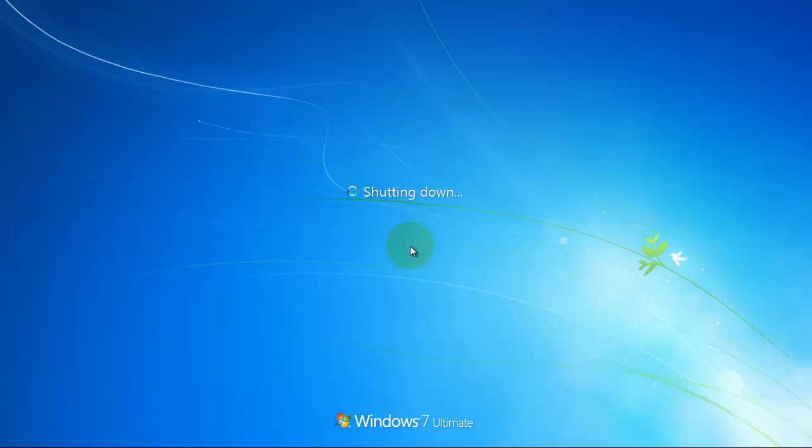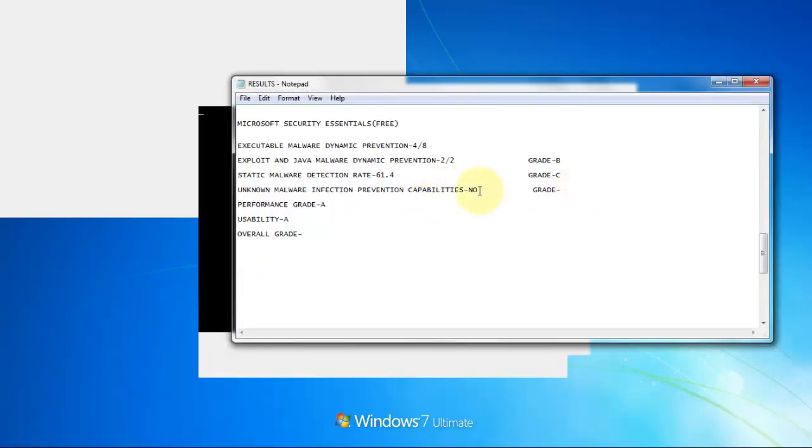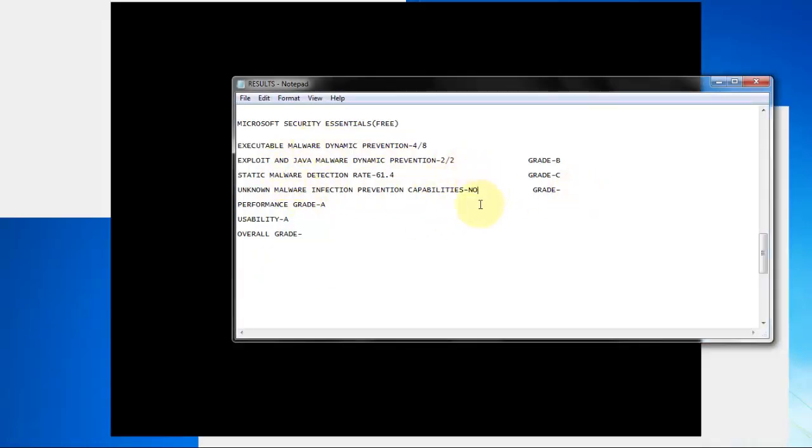In fact, I was waiting, and the only thing that started working was the malware, and it rebooted my machine, and now my Windows user account control is turned off, and all sorts of things are happening. So they certainly do not have any kind of unknown malware infection prevention capabilities. I did get one alert, but that was it. And I ran so much malware, and right now my system just rebooted by itself. So another grade C to add to the glory of Microsoft Security Essentials, and I'm not at